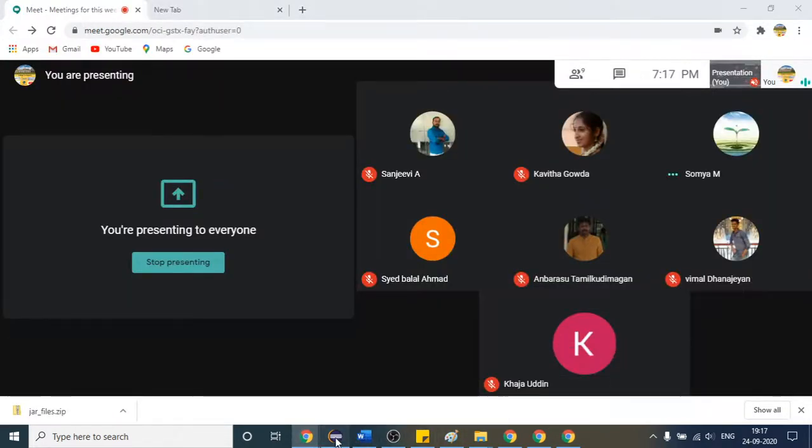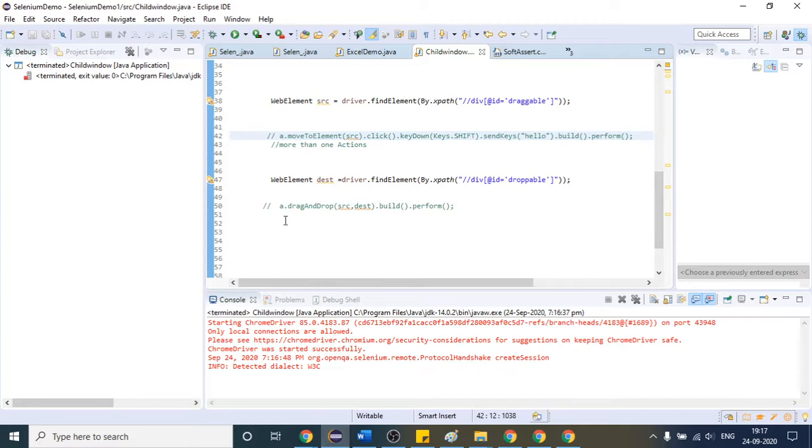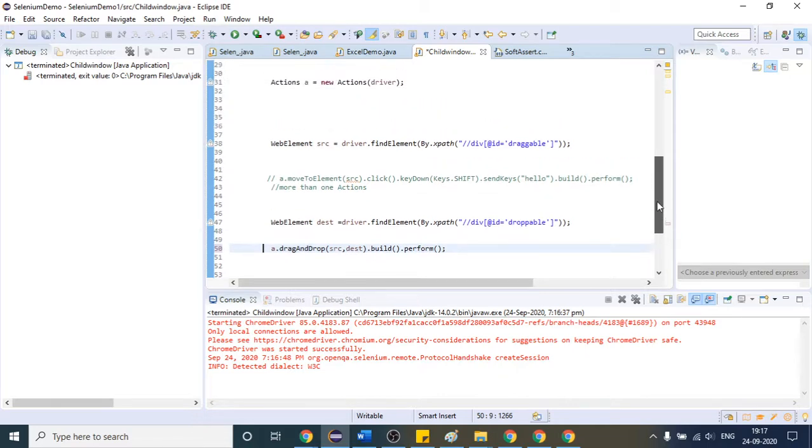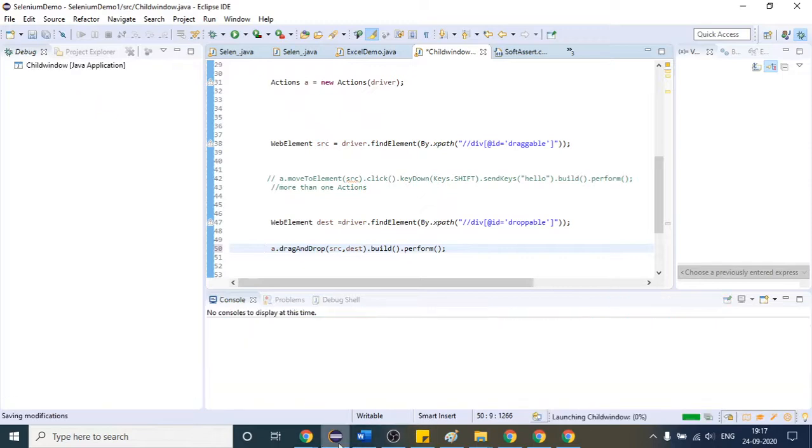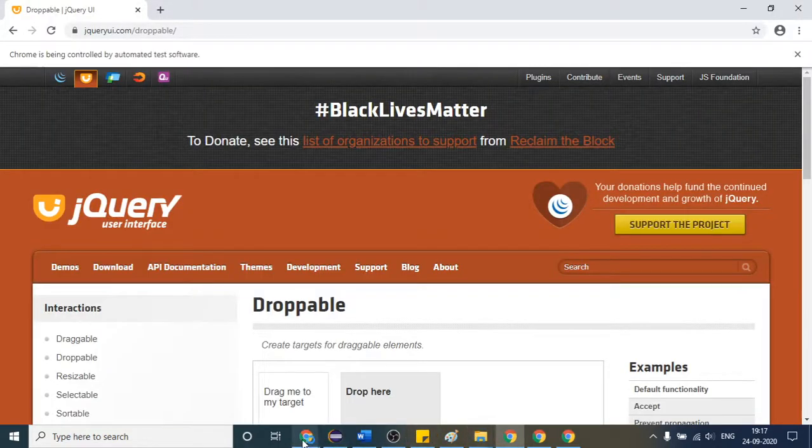I think it has failed. Okay, I have commented this, which is the reason it did not execute. So let me run it again. This time it will work.